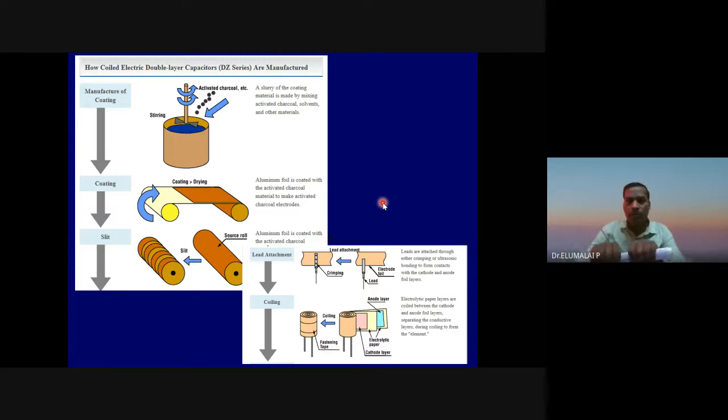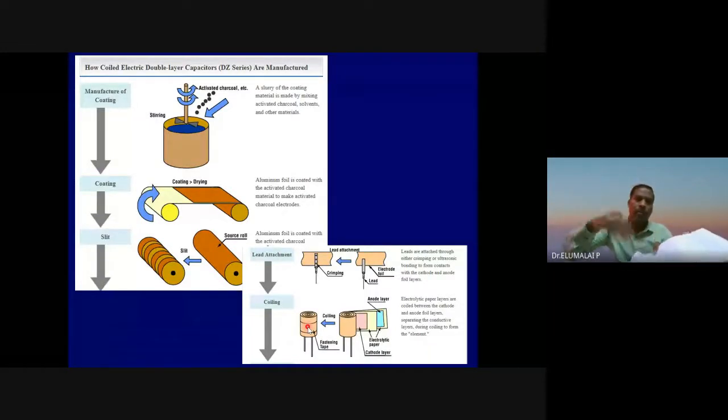By doing so, we are having more active material that can be inserted into the cell or container, because of the large area. In the coin cell you can have only about 2 centimeter area, and you cannot stack in a coin cell because it will not be possible to crimp it.